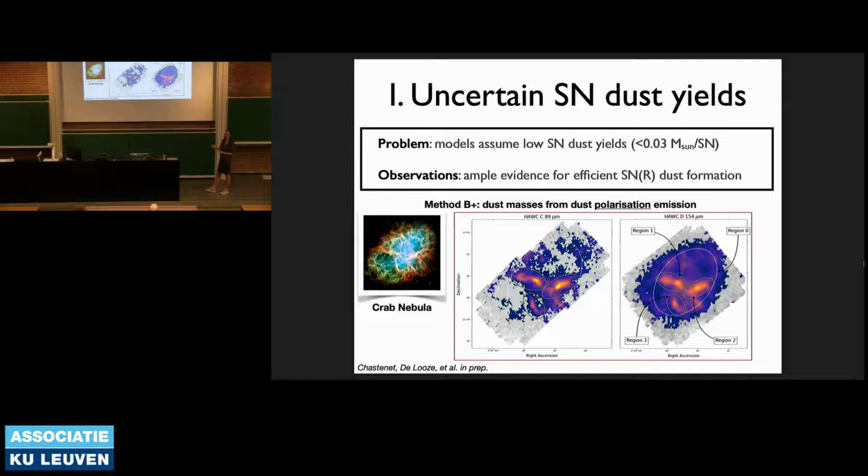So where you have a magnetic field, you expect grains not to be perfectly spherical, but to be more ellipsoidal or spheroidal, and then they will align with the magnetic field, so they'll get a specific orientation, they will all align, and then you expect dust emission to be polarized as well. So that's what we've tried observing both in Cassiopeia and the Crab Nebula. And I'll show the results here for the Crab Nebula.